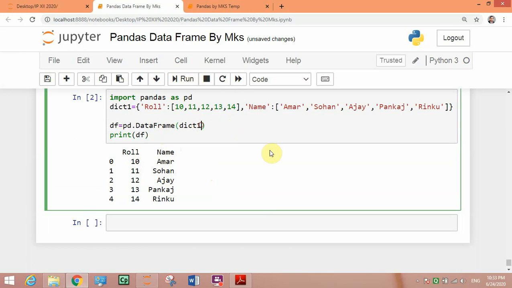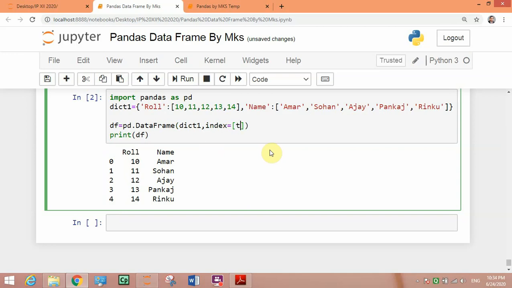Now I want to give this index as true false method. So I'll write index equal to how many students? 5 students are there, 5 names are there.